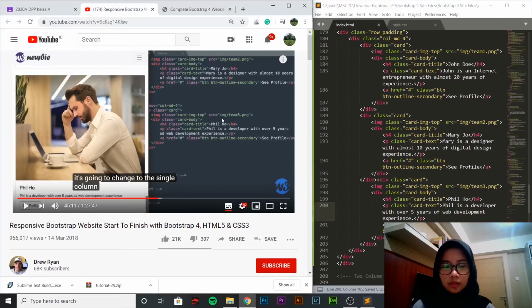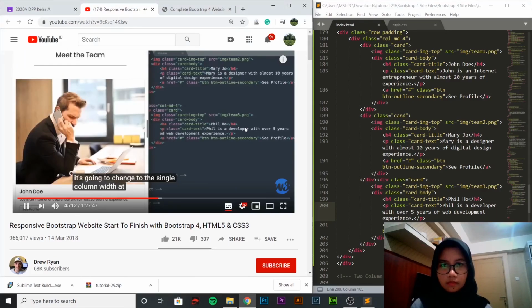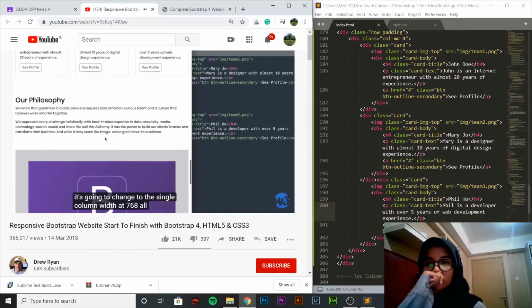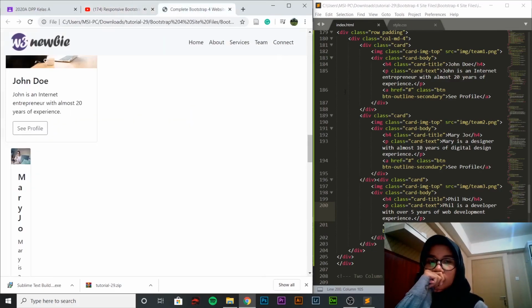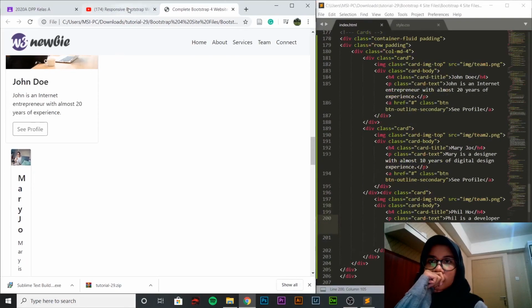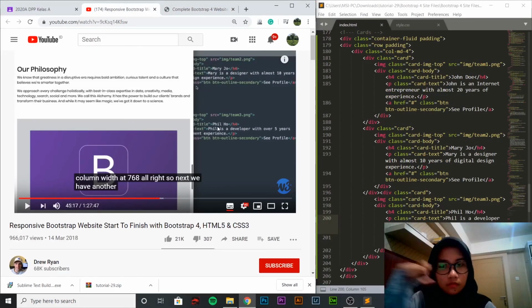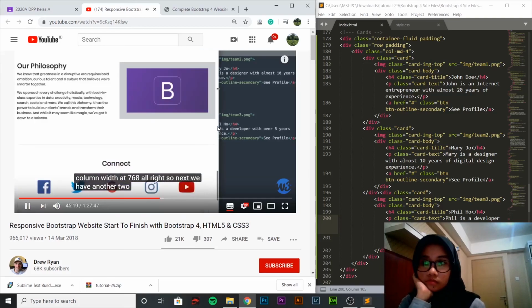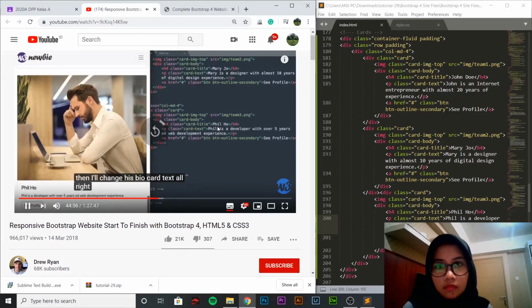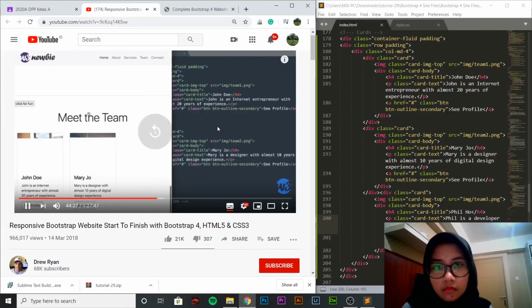Wait a minute. Width at 768. All right, so next we have another two columns, the cards laid out, one, and then